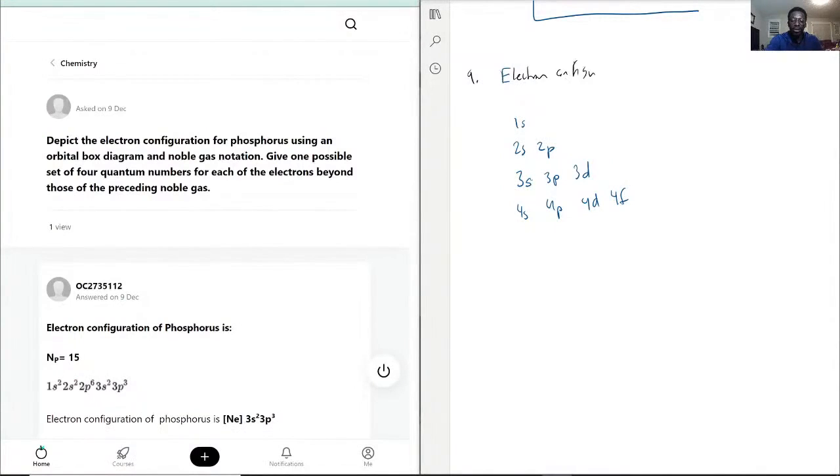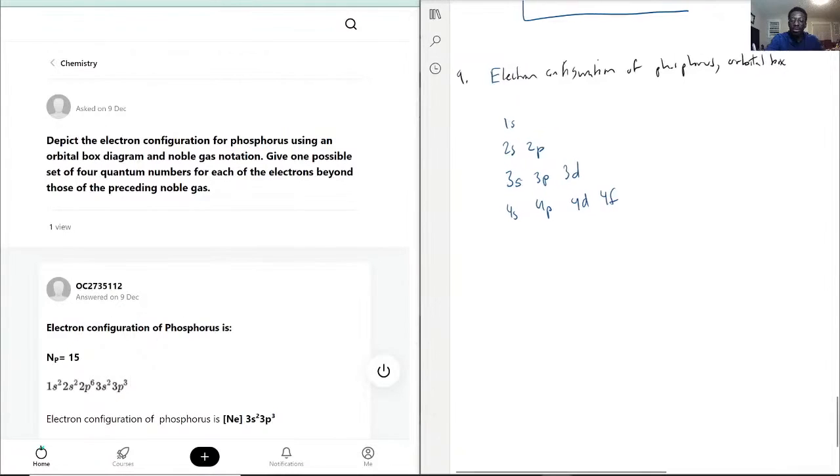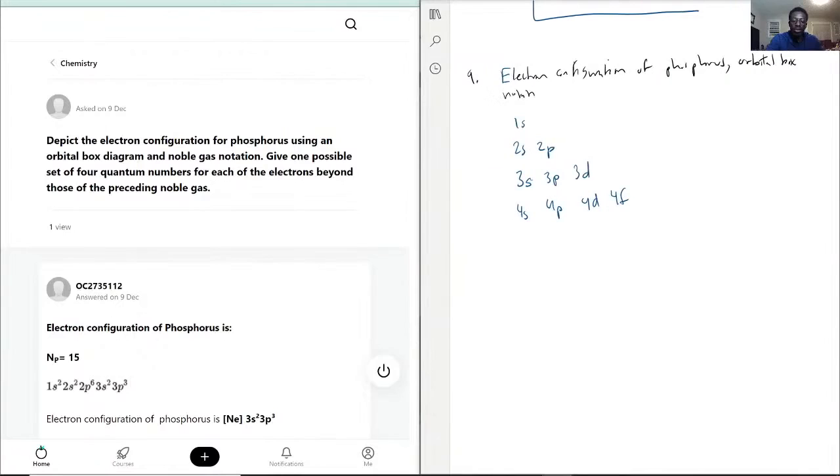But nonetheless, electron configuration of phosphorus and orbital box notation as well. Okay, and give one possible set of 4 quantum numbers. So with all that being said,